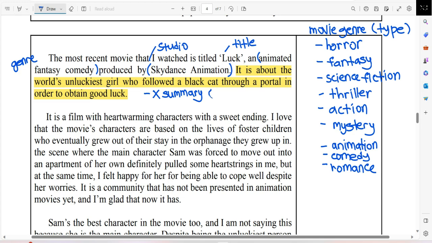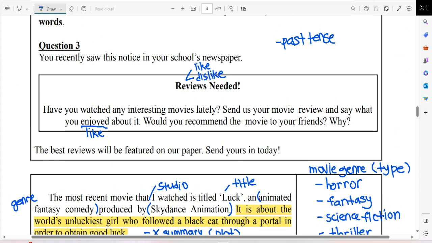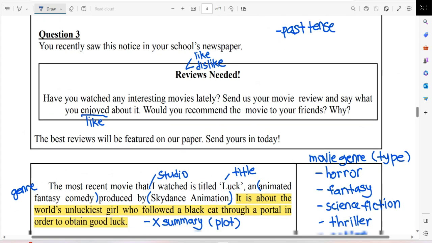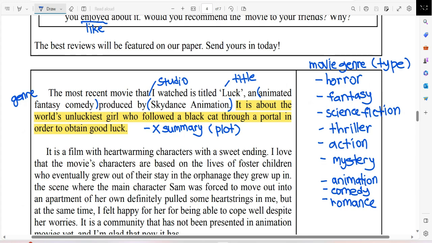But please remember, do not use one entire paragraph to write about what happens in the story. Otherwise, you will not be getting any marks and you are going off topic. Because remember, reviews are what you like and what you dislike. I repeated this so many times in the past few minutes, so please remember. I don't want you to lose your points. I don't want your points to fly away, jump away, hop away, or whatever, just because of this mistake. If you want to write a summary of what happens in this particular movie, fine. Just one sentence is enough.